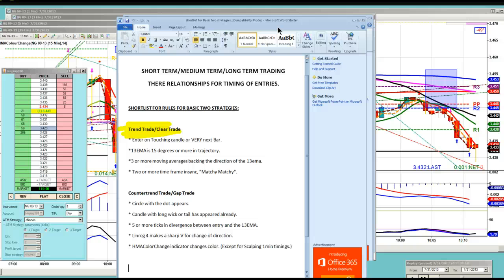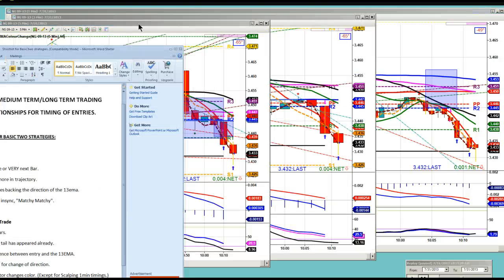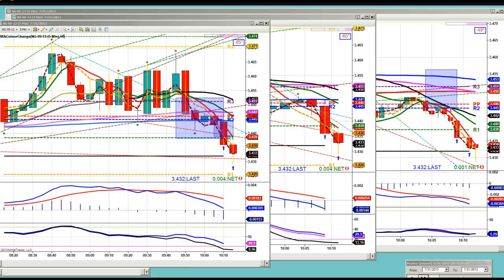Now, there are 2 types of counter trends. There's the gap trade, and then there's the reversal, which is really a marriage between the gap trade and the new trend developing. So you're going to hear Barbara say, well, it's time for trending, but what she's really saying is that it's really the counter trend and the new trend is developing. And the only way you can tell when the new trend is developing in the new direction after a previous trend